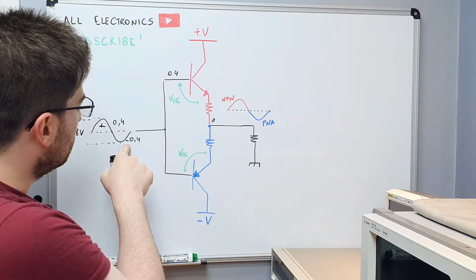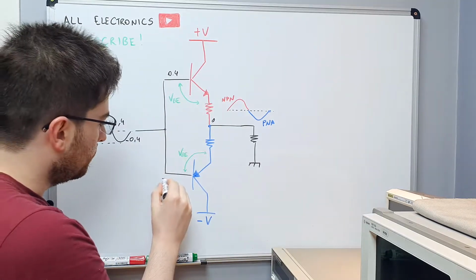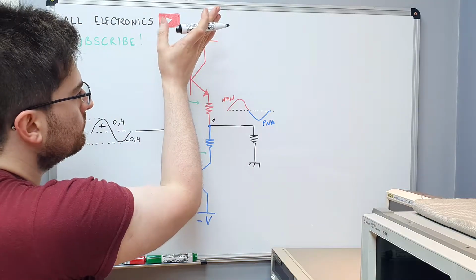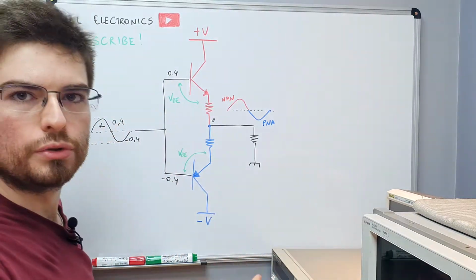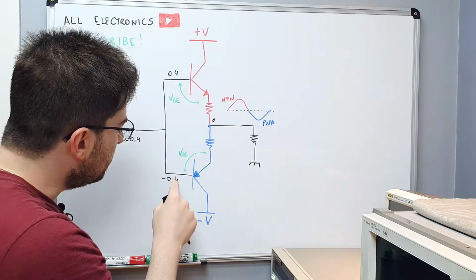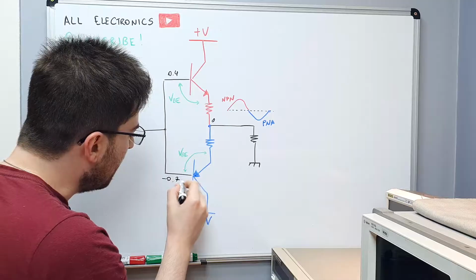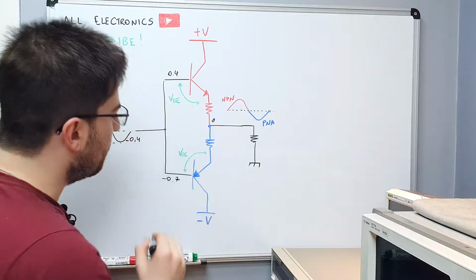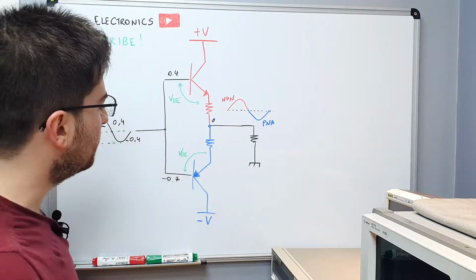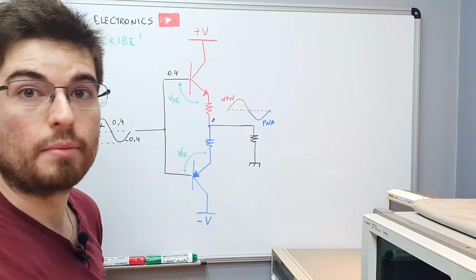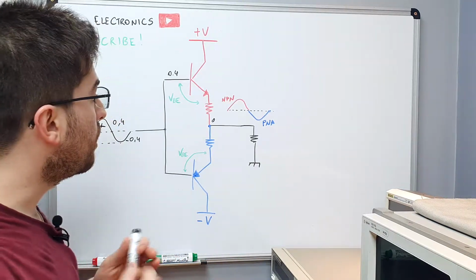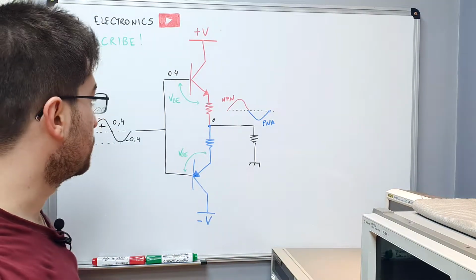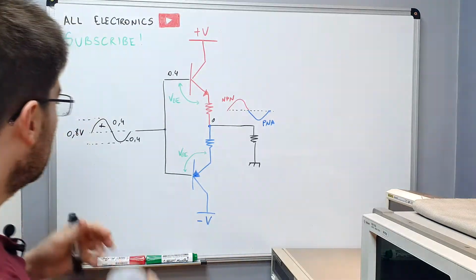When the signal becomes negative 0.4, this transistor will be out, and this transistor also would be out, because we need at least negative 0.7 volts here to get the emitter junction forward polarized correctly. So signals with amplitude smaller than 0.7 volts peak will not appear on the output because the transistors will stay in the cutoff region. If you increase the input voltage, let's say